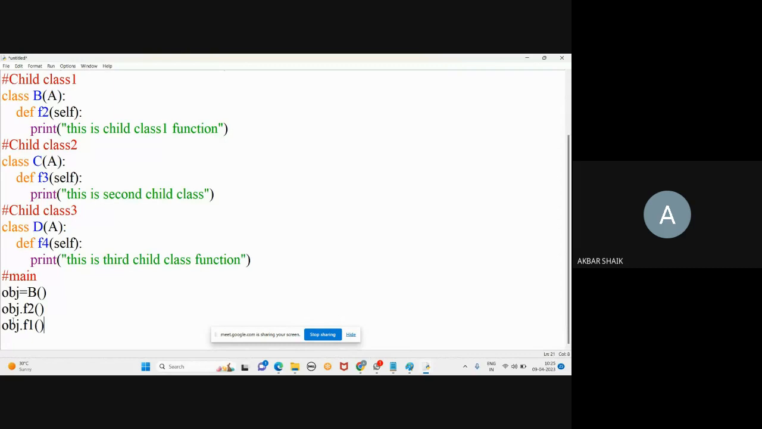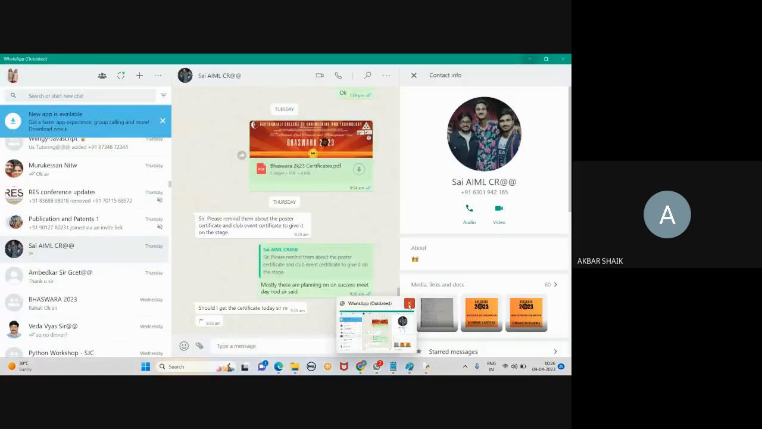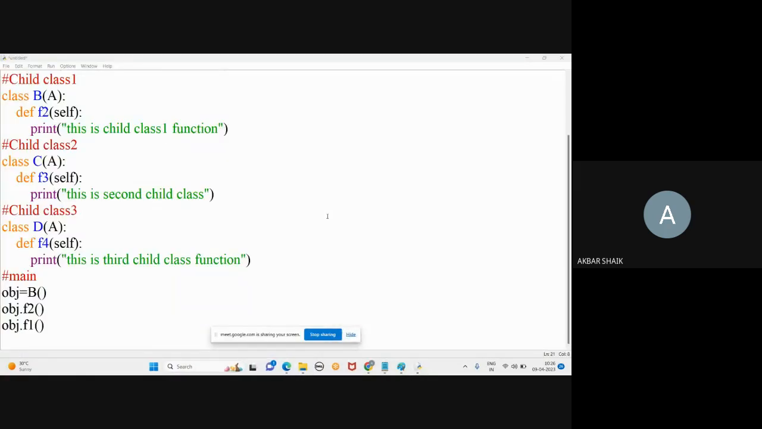So here the parent class is A and the derived class is B. That's why I am trying to access the information of the parent class from the derived class. And similarly, I can create one more object, obj1, now I can create an object for the